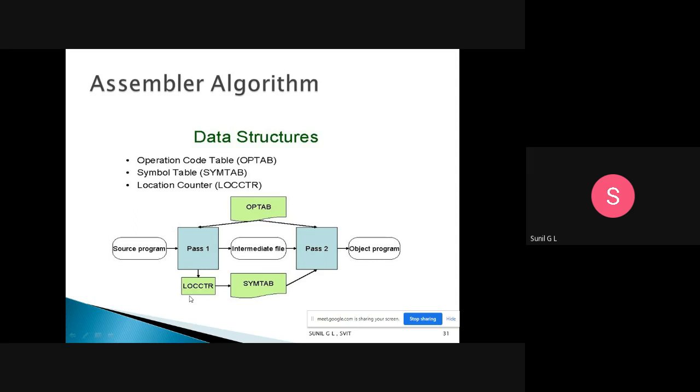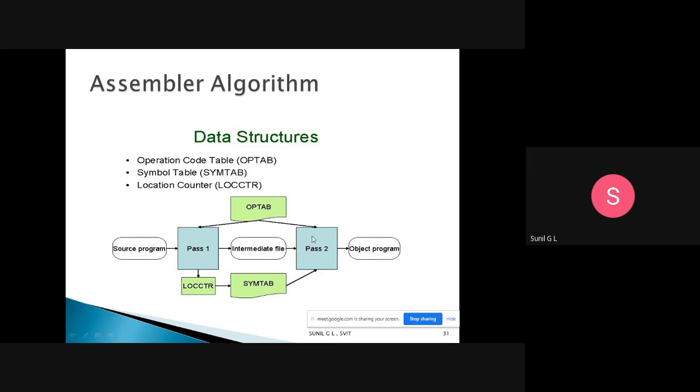We are handling labels in the location counter, instructions and their addresses, then symbols and their addresses. In the optab we maintain the instruction and the opcode. After pass one we get an intermediate file. In pass two we convert that to the object program using this optab.